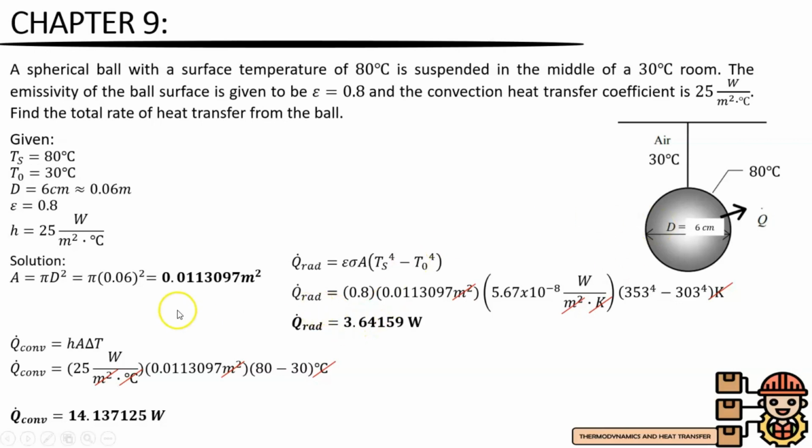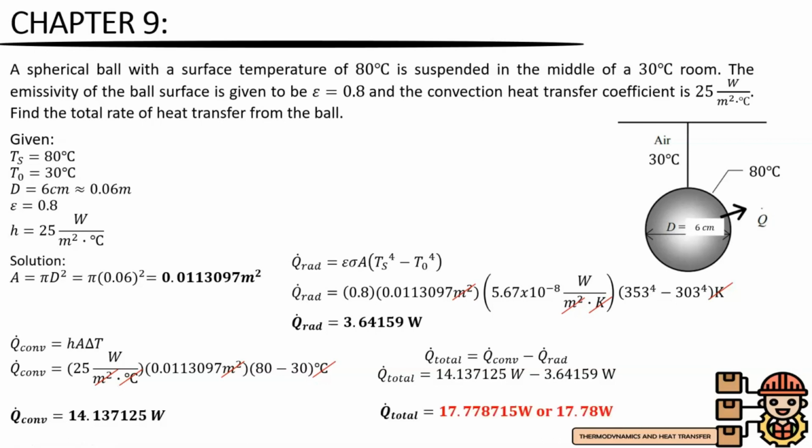Now we have the values for our convection and radiation heat transfer. We can now get the value for our total heat transfer rate. The rate of the total heat transfer is equal to the difference of the rate of the convection heat transfer and the radiation heat transfer. By plugging in the values, the rate of convection heat transfer, which is equal to 14.137125 watts, minus 3.6415 watts,